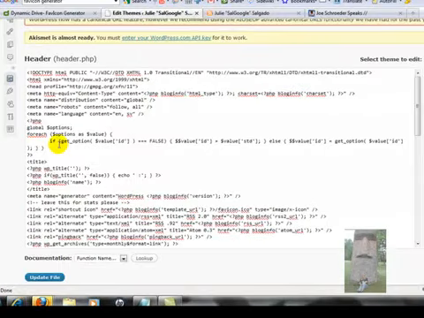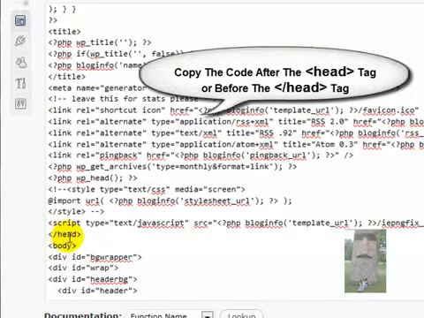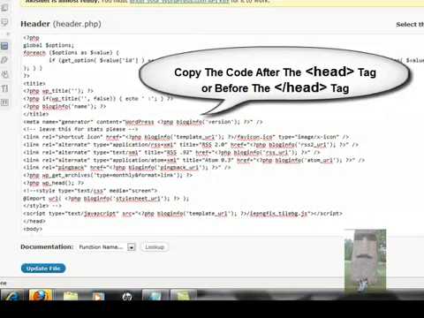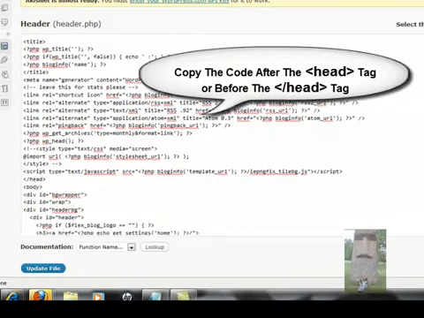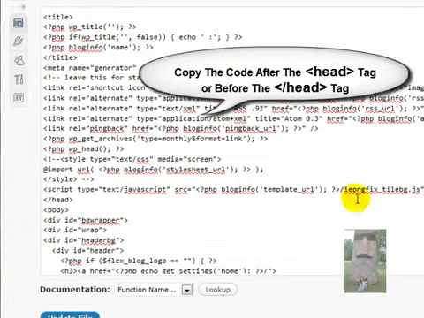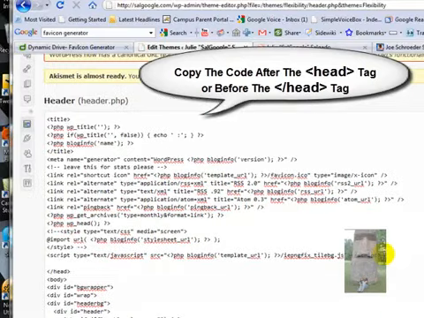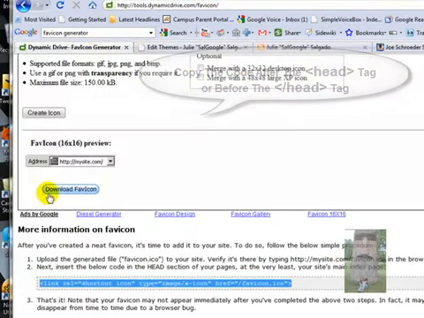And then all you need to do is find the tag where it says head. So here's the tag that says slash head, right? So as long as it's within the header tag here, and I'll show you where it begins up here. Where is the head tag? Sometimes with all the code it's hard to find. So if you find this one with the slash, then what you can do is come here, open up a line. All I did was I clicked right there with my mouse, and I hit the enter key, so it opened up a line. Then I'm going to click my mouse right there, and I'm going to go Control V to paste that line of code from here